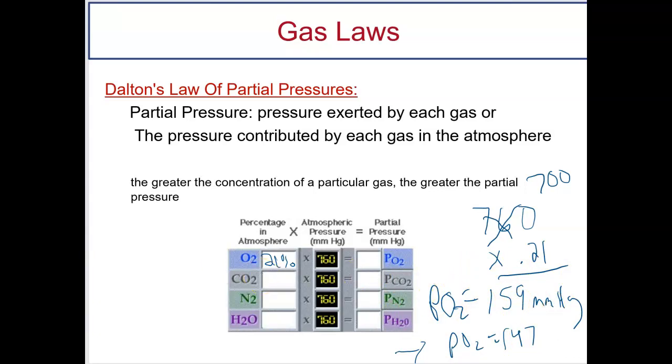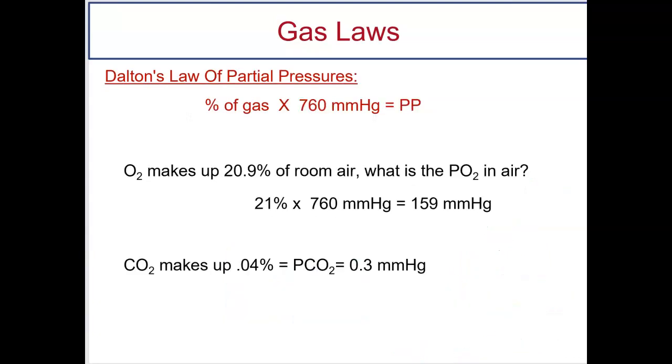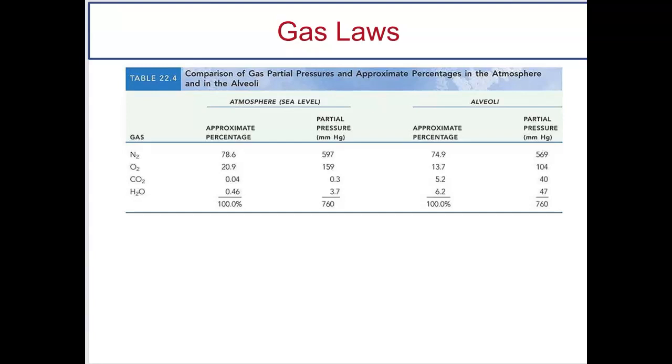Now we know that CO2 and nitrogen each have different percentages. So the ones we will focus on is O2, and then we will look at CO2. So same idea. If we take 760 and multiply it by 0.04%, which is 0.0004, we get 0.3. So look at my PCO2, very, very low in room air, but my PO2 is much higher. Now you're not, again, memorizing all of these, but obviously nitrogen makes up a lot more, so it has a